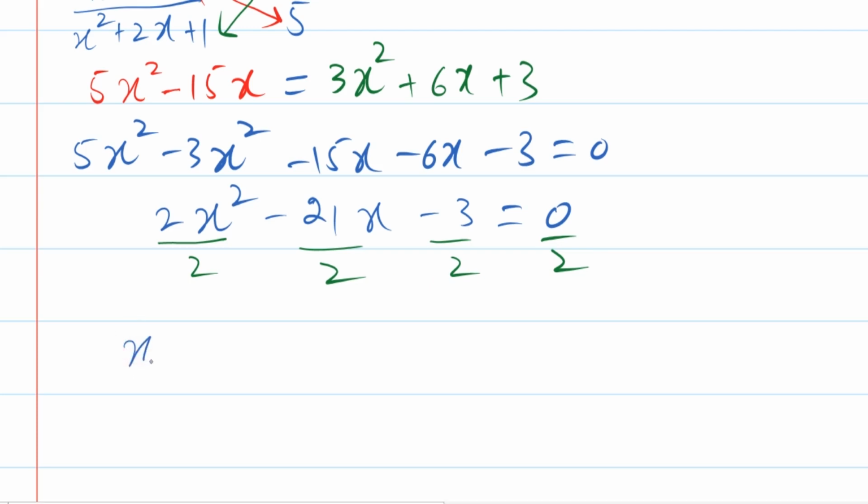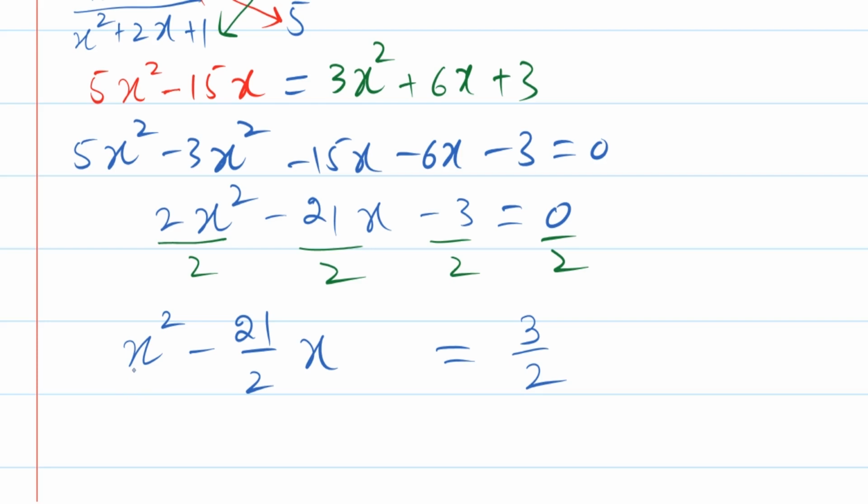So I have x square now. I'm left with minus 21 over 2x, and take the constant part to the right. So that is equal to, this is minus 3 over 2, that will become 3 over 2 when we shift it from left to right. Now I will make the left hand side a perfect square. To make a perfect square, again I have two terms. The first term is x square, which I made sure it is x square, and then I will add,